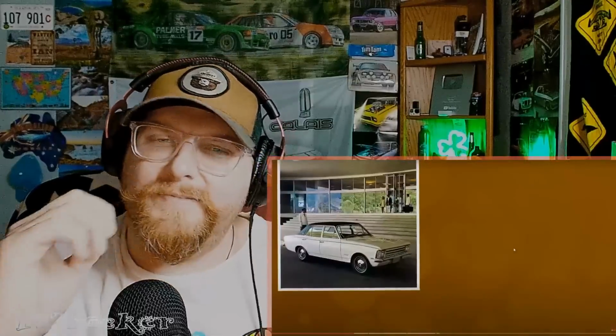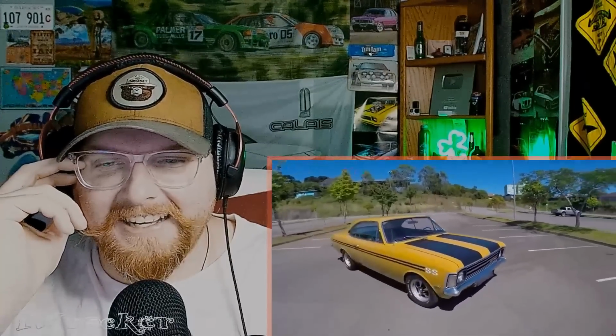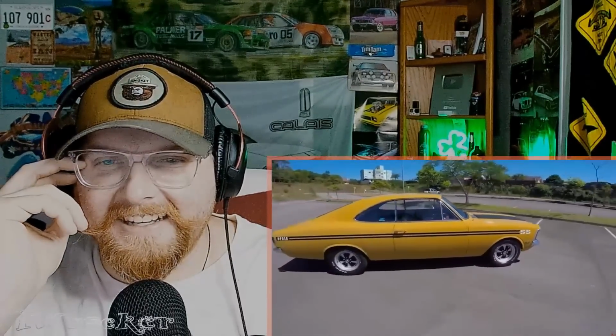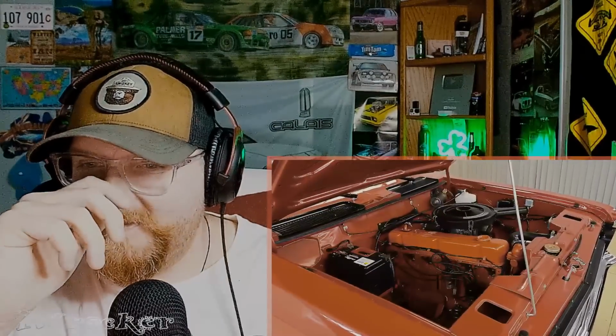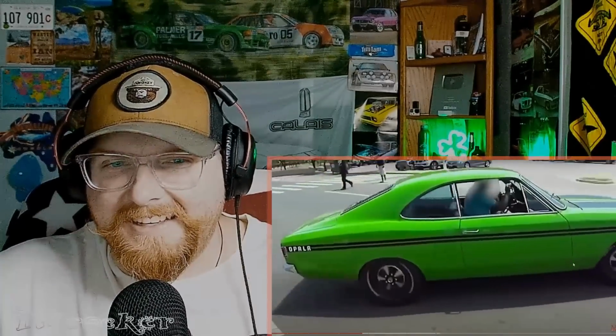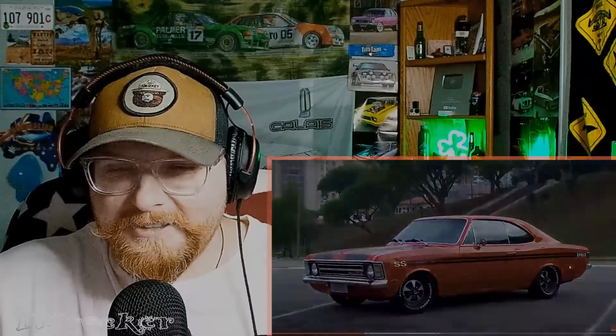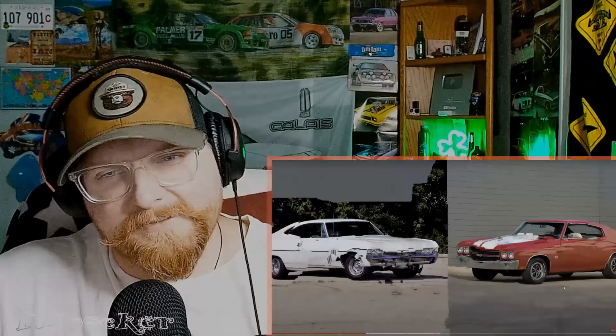Throughout its model run, the Opala was available in sedan, coupe, and station wagon iterations. Wow, I like the wagon. The performance version was the SS variant with aggressive and sporty exterior styling and graphics, 4-speed manual transmission, and 4.1-liter six-cylinder engine that grew in power from 140 horsepower in 1970 up to 153 horsepower in 1976. Holy smokes. Okay, that version looked real neat. No, we didn't get this one here in the land of Chevelle and Impala SSs, but maybe